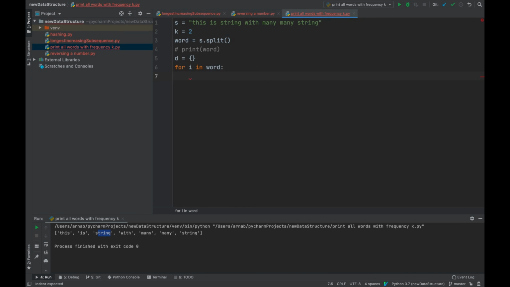So for i in word. I think you will be comfortable with the for loop. If not, there are other lectures coming where I'll be talking about for loops and nested conditions. So for i in word, now we need to store each word, because this i would traverse: the i would be this, i would be is, i would be string, and so on. So what we do is we have to store this into a dictionary. So d[i] is equal to